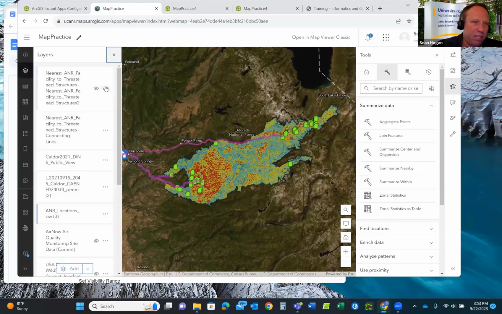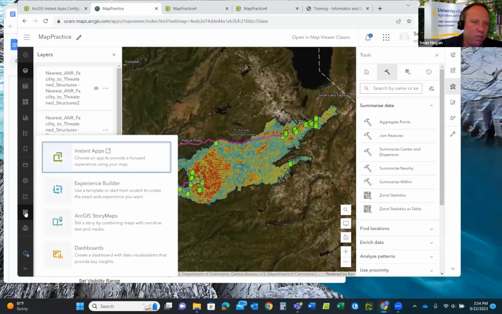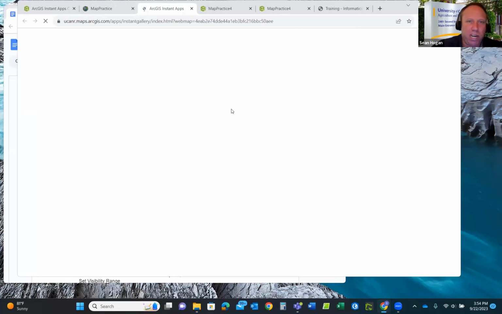Oops, sometimes you have to look at the table through it here. But wait a minute, you can add in charts, which is nice. Legend, and ultimately there's the map properties. But down at the bottom, this is where you create your instant app, which is almost exactly what we were just working in. So if I click on instant app, it will bring up